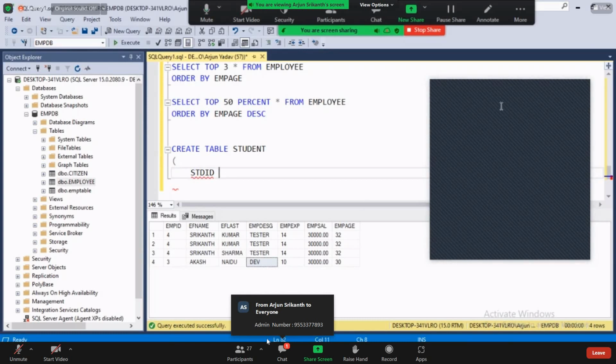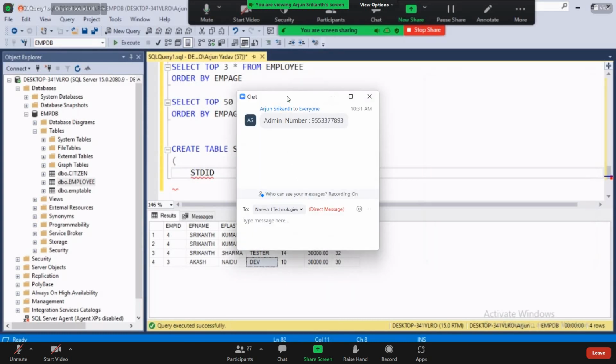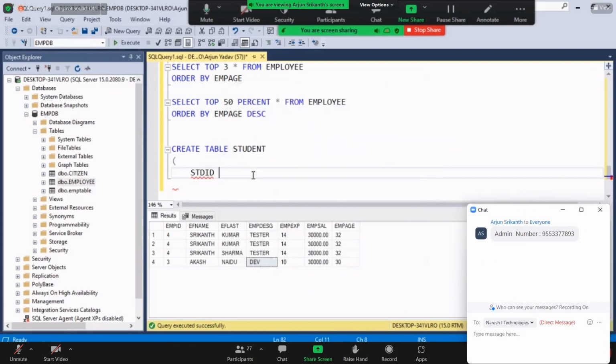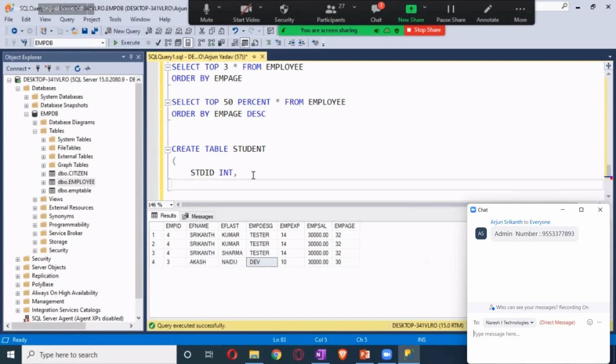Now I'm creating a table over here. This column I'm giving it as int. Then I will give it as not null also. Let me try it out, not null. Yesterday we were not getting it, not null. It's not there. Not null.